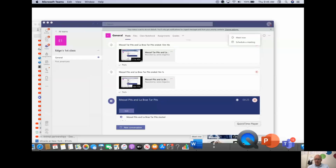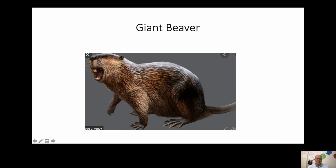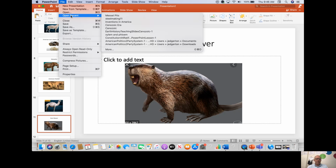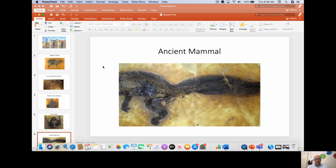And we're going to review a little bit from yesterday. We were talking about the Messel pits in Germany, and they took a snapshot of the middle of the Cenozoic, or early part of the Cenozoic. And these pits, they had